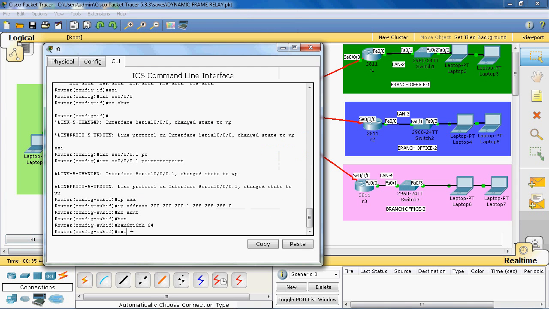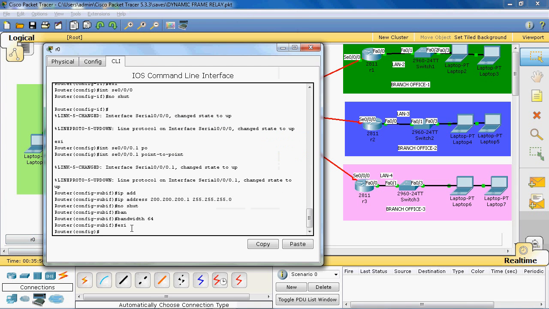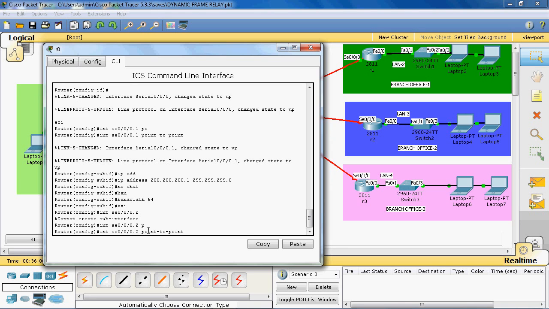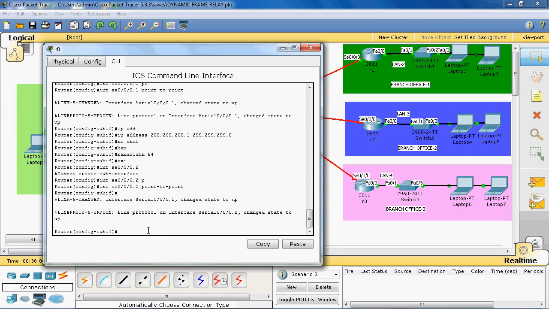Now again I will create another sub-interface for branch office 2. So interface serial 0/0/0.2. Here we can mention point-to-point. Okay, now we can assign the IP address